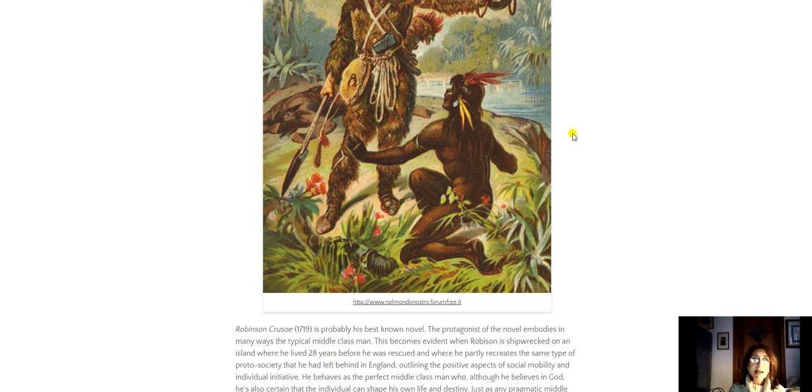He lives as a castaway on this island for nearly 20 years, and this section of the novel describes how the protagonist survives for all those years, stranded and alone in an unknown place where there is no help to be found, and where he celebrates the middle class man and the ability of this